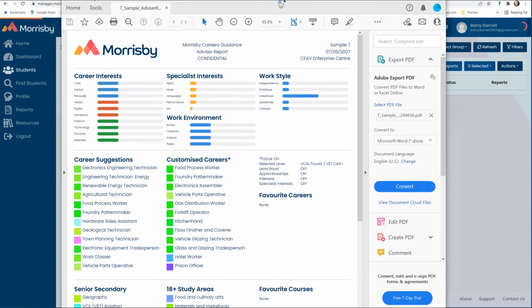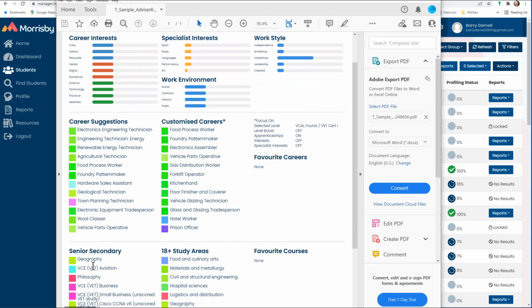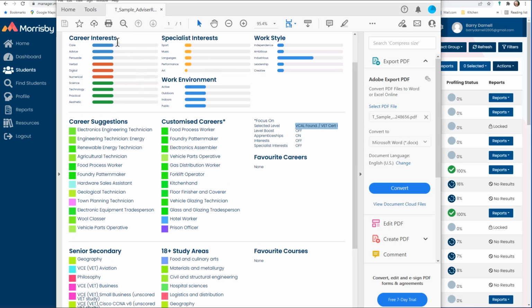Now, what I have here is the advisor summary, and you'll notice that this has career suggestions and customised careers, as well as senior secondary subjects and study areas. The students get none of those, and that's deliberate. With Elemental Aspirations, when students go through, they are allocated the lowest level of academic attainment that we have in the system, which is a Certificate 1 level, and Morrisby will use its algorithms to blend the